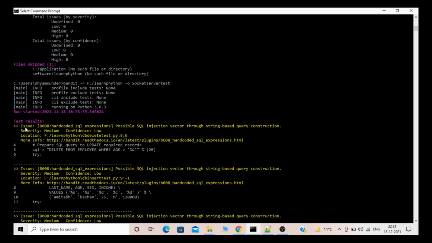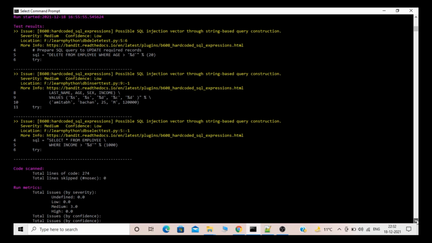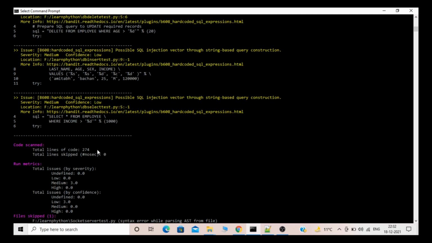As you can see, there is an issue in one of my files, db delete test.py and insert.py. It shows the issue: possible SQL injection vector through string-based query construction, severity medium, confidence low. So this will generate like this. It will also show how many lines of code were scanned, and the security run metrics.